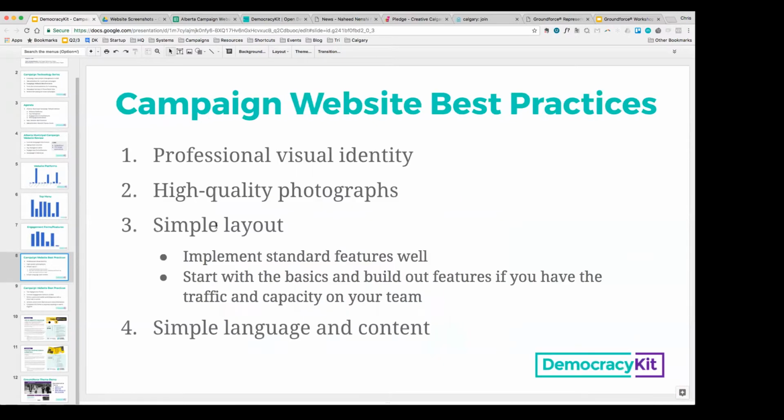Okay. So let's go through. We've got 9 different best practices that, based on our experience working with Ground Force with candidates, are things that we definitely would recommend to campaigns as they're thinking about